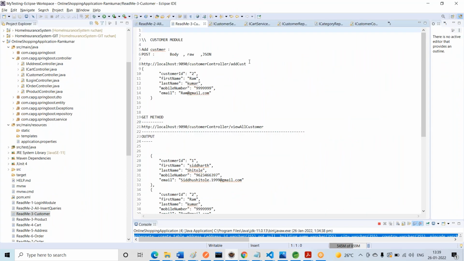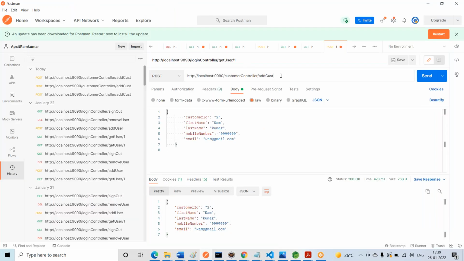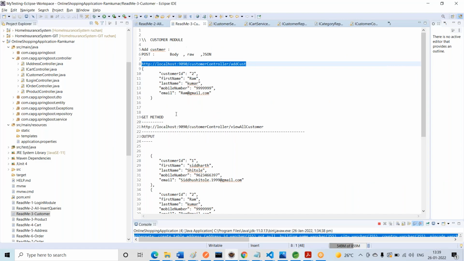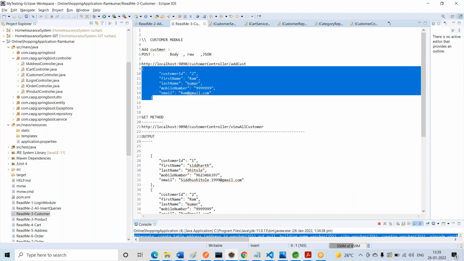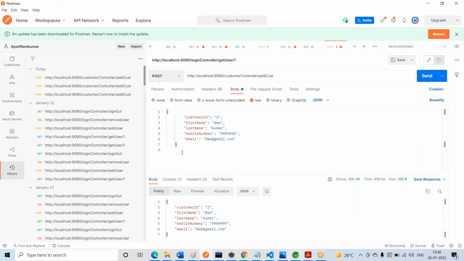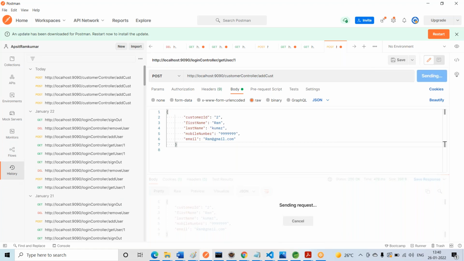In this customer module, I want to add one customer. So go to Postman, copy the data, and paste it here, then send the request.